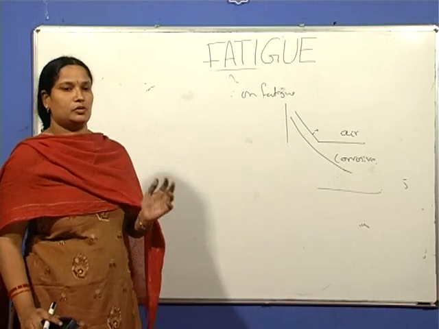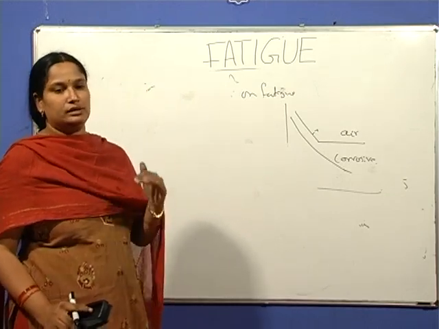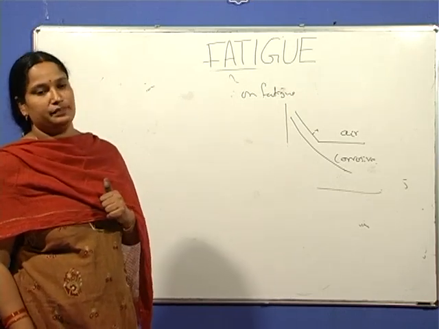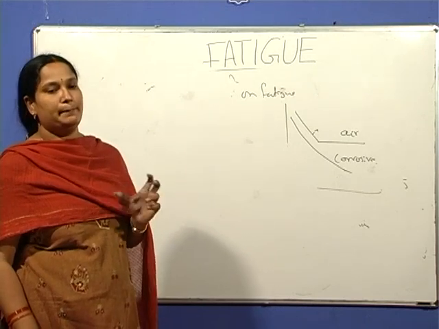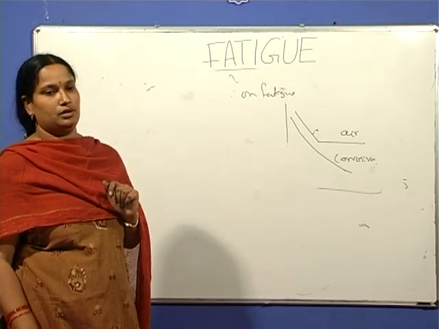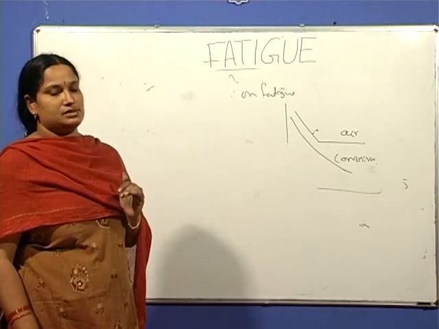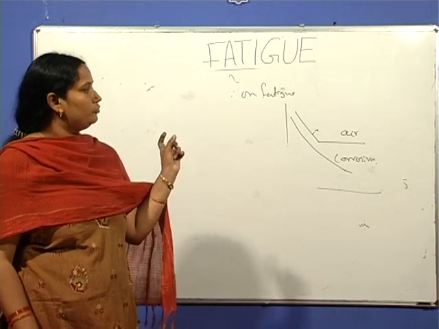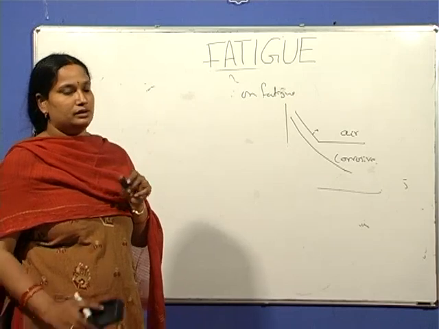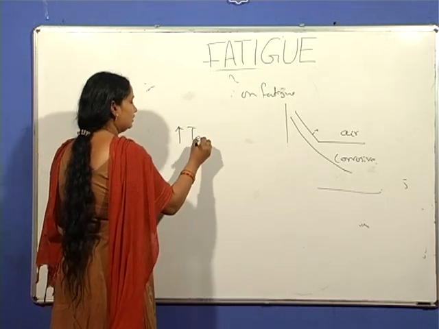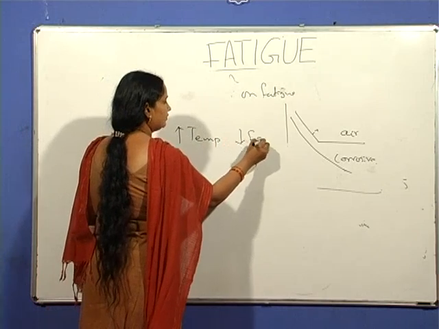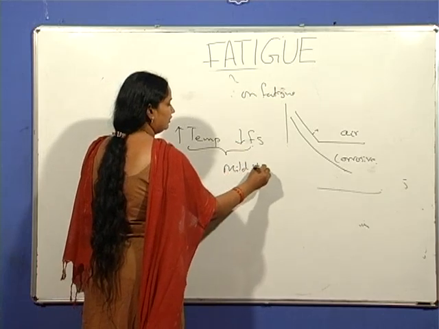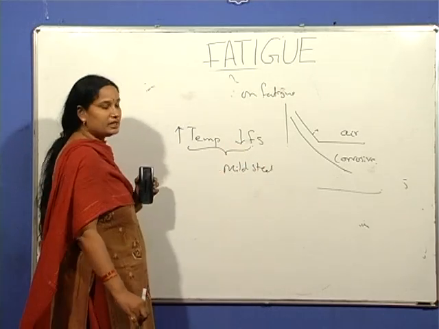So, in the case of corrosion and fatigue together, the reduction in life of the material is to a greater extent when compared to corrosion alone or fatigue alone. And with respect to temperature, the higher the temperature, the lower is the fatigue strength of that material. That is, with increase in temperature, the fatigue strength of the material decreases. An exception to this is mild steel, which shows an increase in fatigue strength with increase